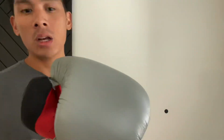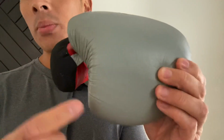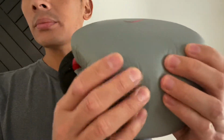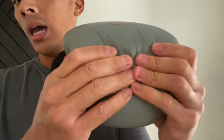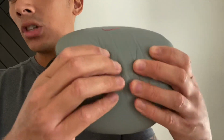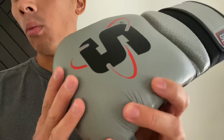So that's kind of my impression, at least the way I feel when I was training with the gloves. So the gel air foam, again, is going to be a combination of gel padding and foam padding that has little air pockets in it. So on the surface, when you push down on the foam itself, it actually feels pretty soft. But the more you compress it is kind of like where the technology comes into place. It disperses the energy of the punch. So it kind of hardens and becomes a little bit more denser the more you push down on it and compress the foam. And that's basically the gel air foam technology, and that's kind of the whole premise behind the